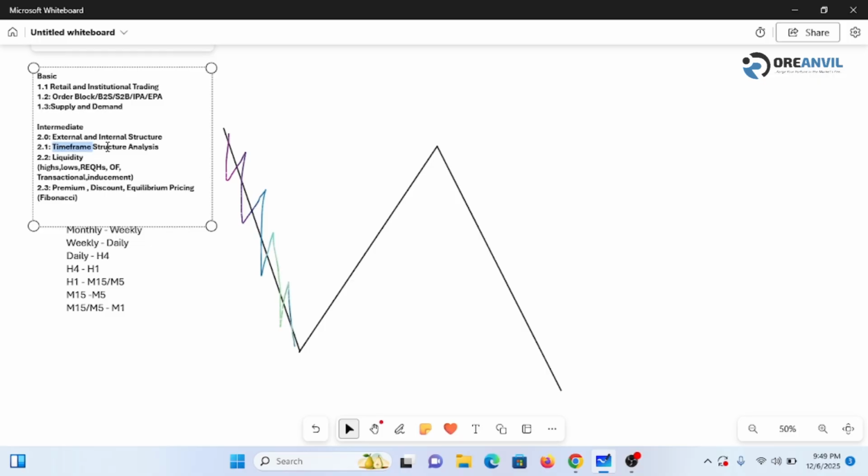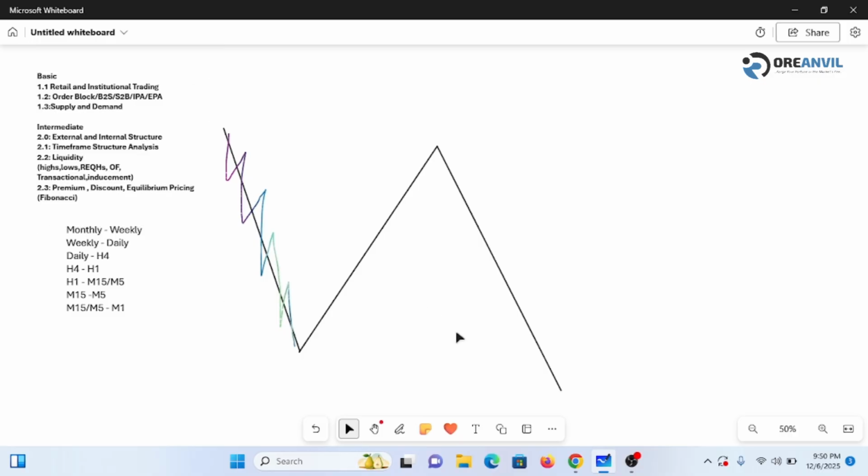We are in time frames, and the liquidity cycle is this year, time frame structural analysis. And that is where we are currently. We'll get to the liquidity cycle, but we need all these concepts in conjunction to be able to reach it. What I've been explaining currently to you is time frame structure analysis.